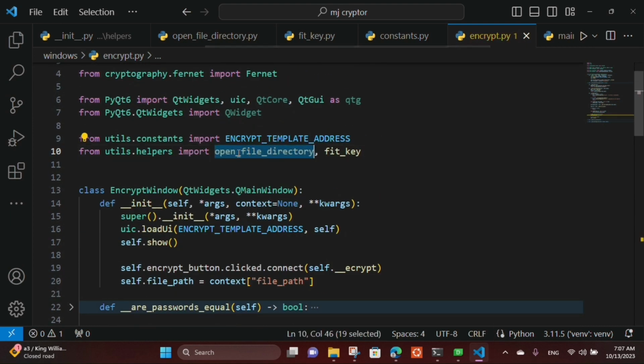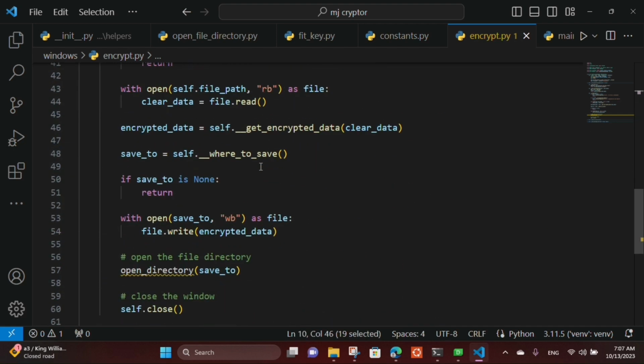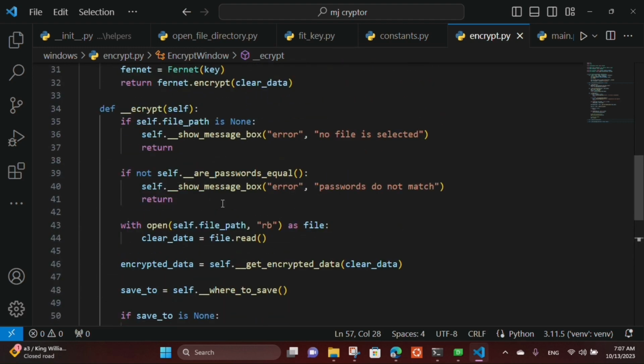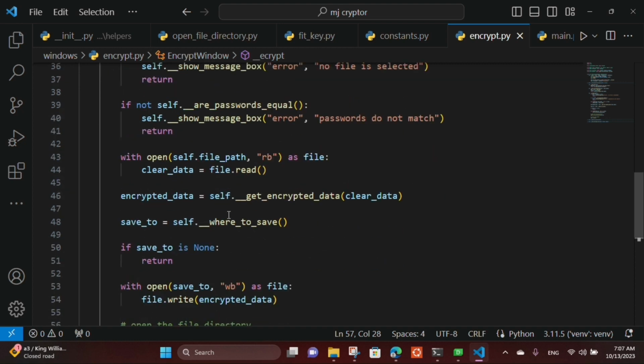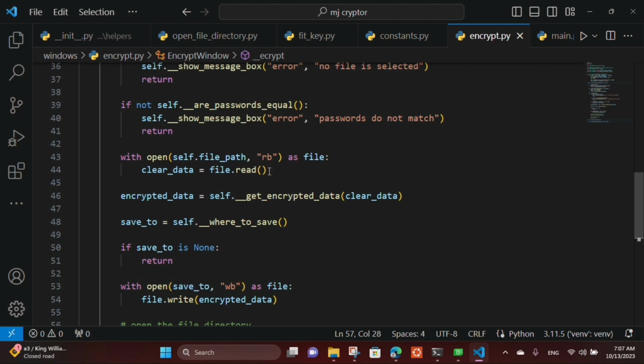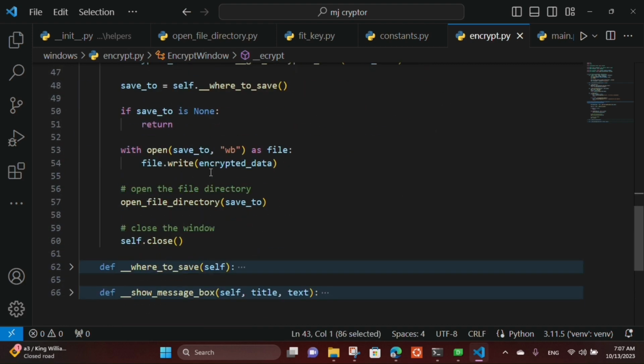Open file directory, make sure to replace the name here because we changed the name. I think our encrypt function is shorter now. It's better. We could make another function named getClearData in order to make this also a little shorter,